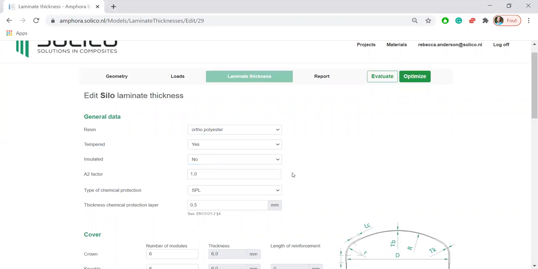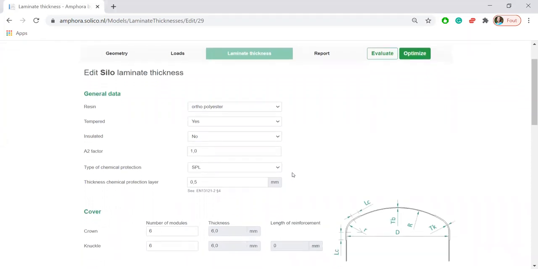Now for the A2 factor. According to EN 13121 standards, this is the factor for chemical resistance, which depends on which type of product you will insert into your silo. You can get this factor from the Chemical Resistance Guide or get resin advice from your supplier. Mainly for silos, you can leave it on 1 because solid particulates don't have a lot of chemical influence